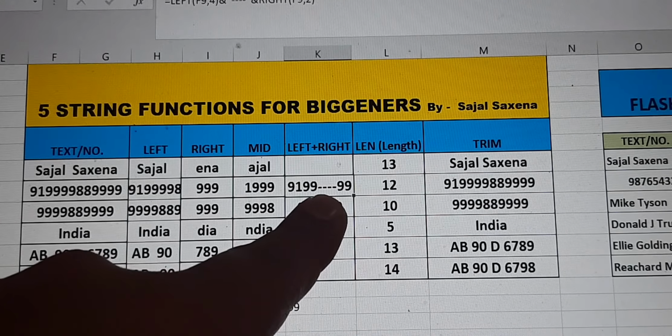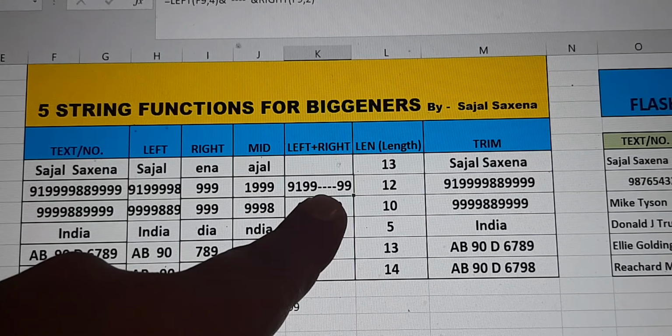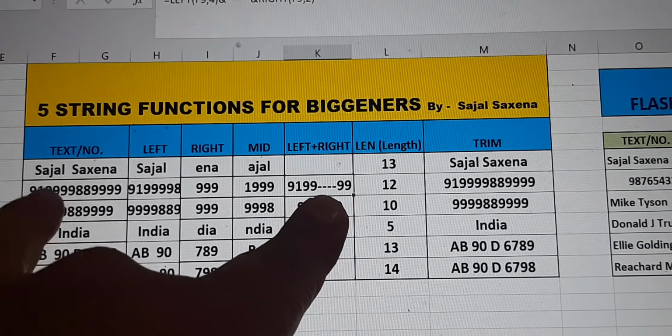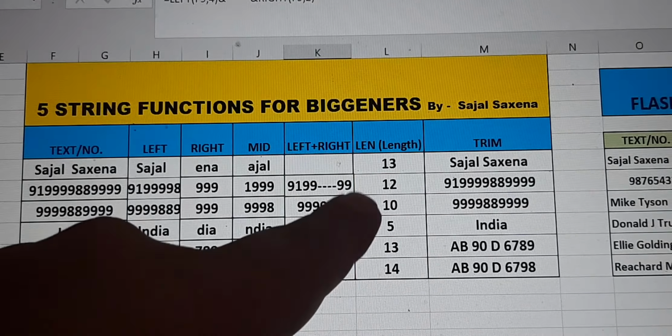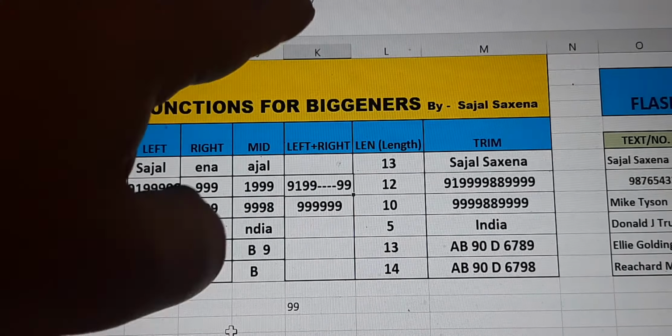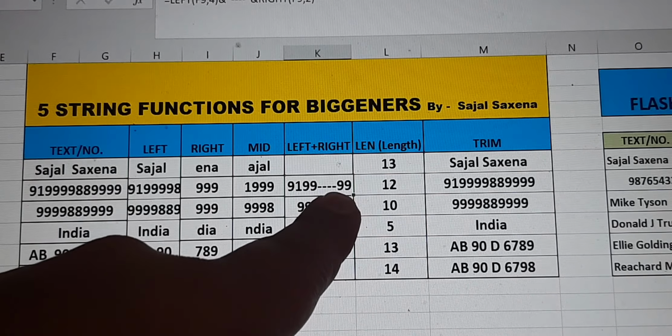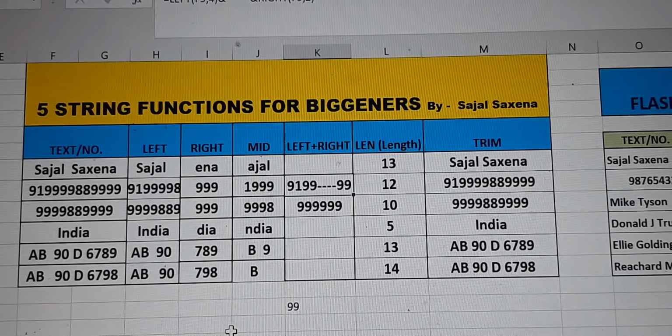So after double quotes, type and, then type in RIGHT, bracket opens, the cell address, then comma, and how many characters do you want? So I want the last two characters. It is giving me the last two characters, and I close the bracket and press enter.